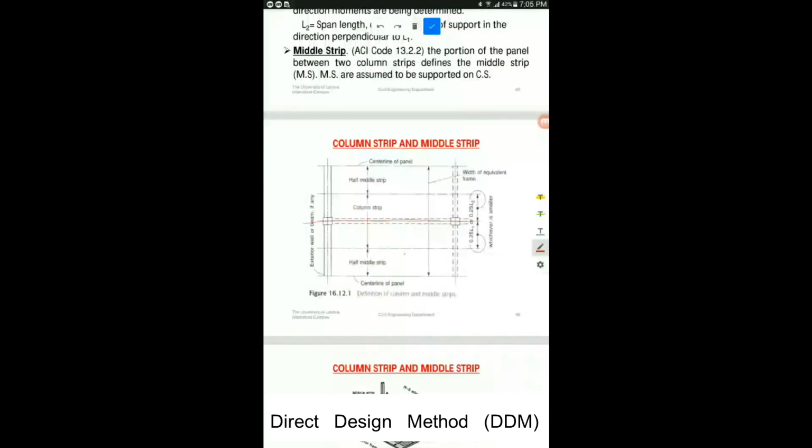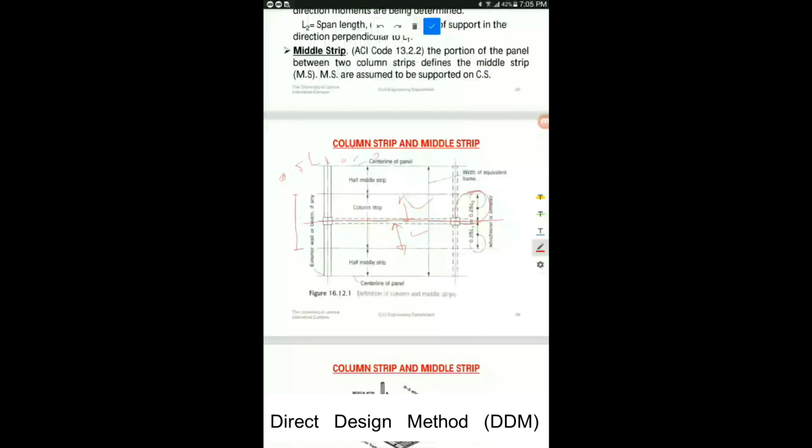You can see from here the red line. So the column strip will be existing on each side of this. Like, this is one side and this is the other side. So the code says this dimension and this dimension is basically equal to 0.25 of L1 or L2, whichever is smaller. Like, the overall column strip dimension will be basically 0.5 of L1 or 0.5 of